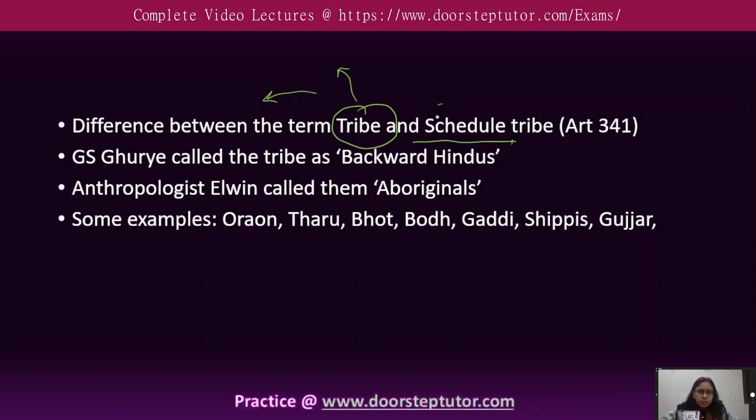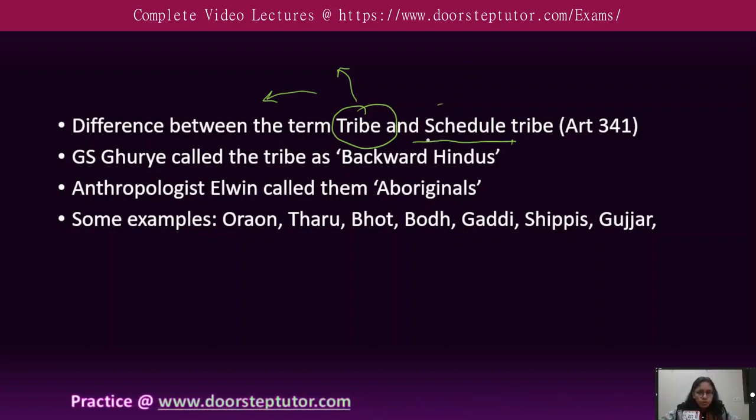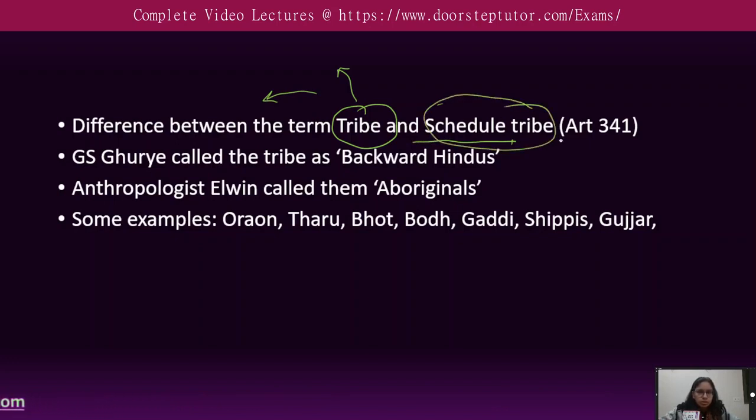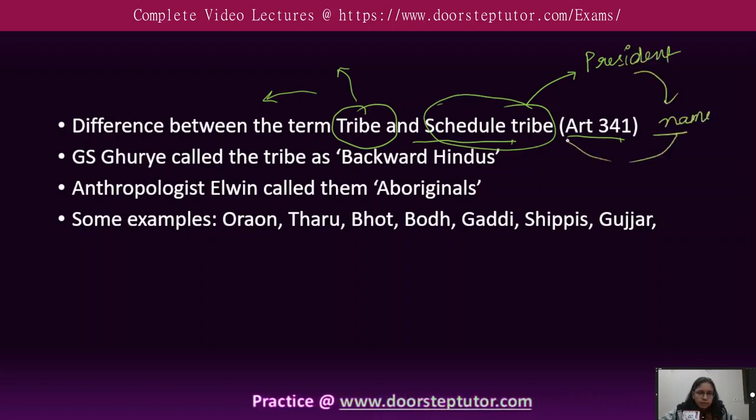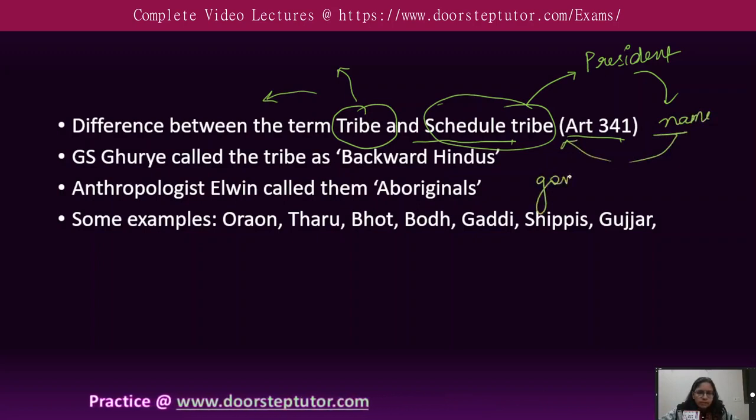But when India became independent, we gave the term scheduled tribe to refer to the category. This term does not have a definition in the constitution under Article 341, but it gives power to the president, who is the political authority of India, to name any tribe under the category of scheduled tribe. After that, whatever benefits the government makes for tribes, the categories included under this term are all eligible for those benefits and schemes, whatever the government is making for their development.